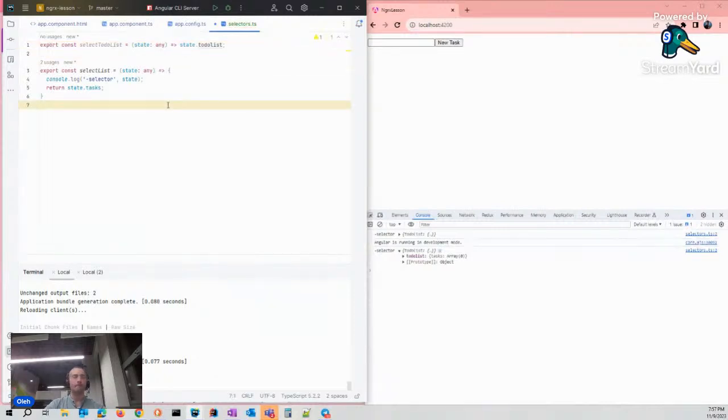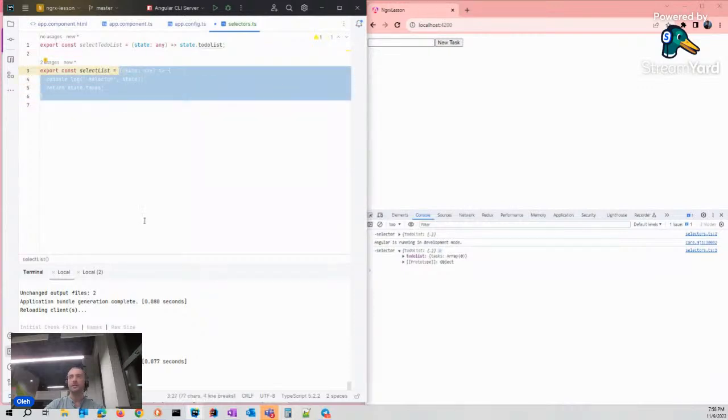Now I can reuse this already existing selector in my following selectors to not write each time this path that I want, but I can create dependent selectors.